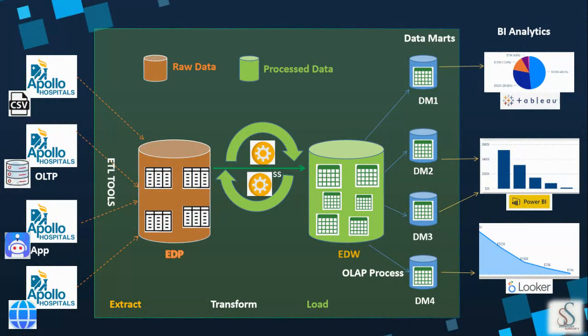A data warehouse is the biggest database location, right? And now you want to segregate the data based on the departments. For example, Apollo wants to maintain equipment information in one data warehouse, nurses' information in one, doctors, cardiology department, like this. They want to maintain segregated data in little chunks. Those are called data marts.